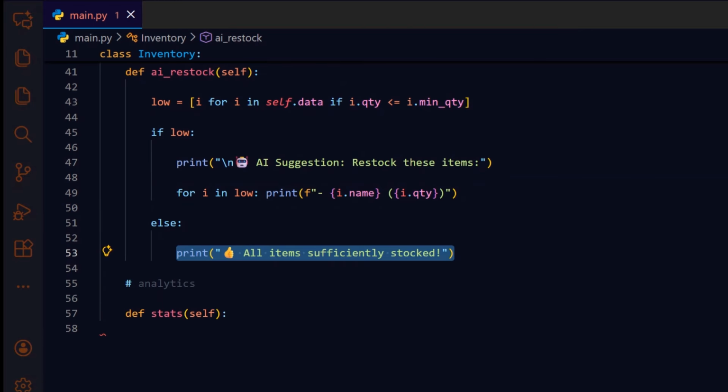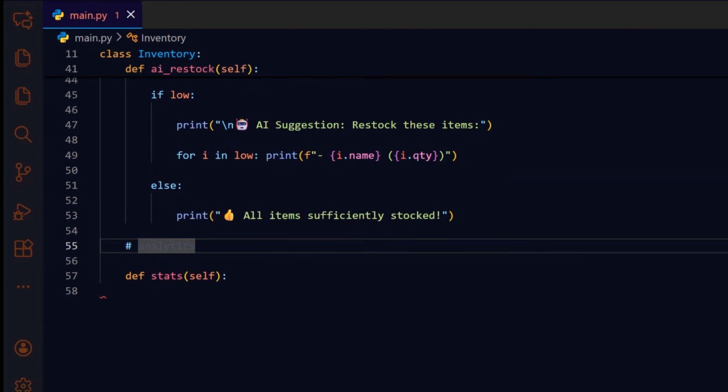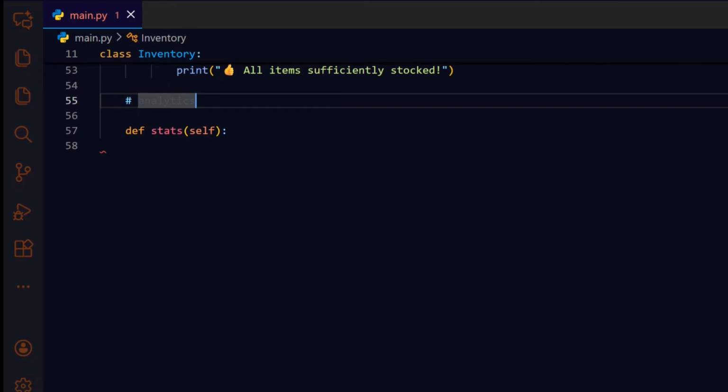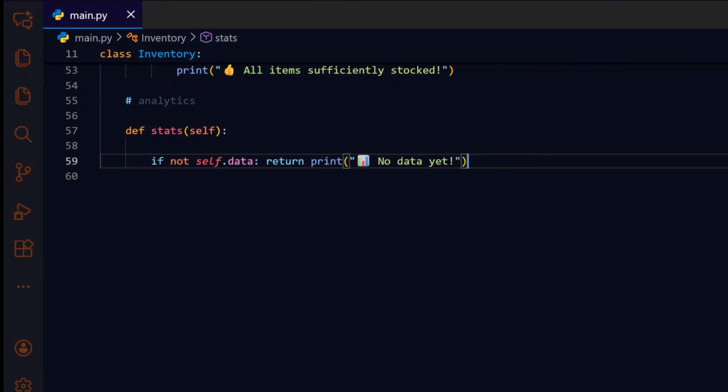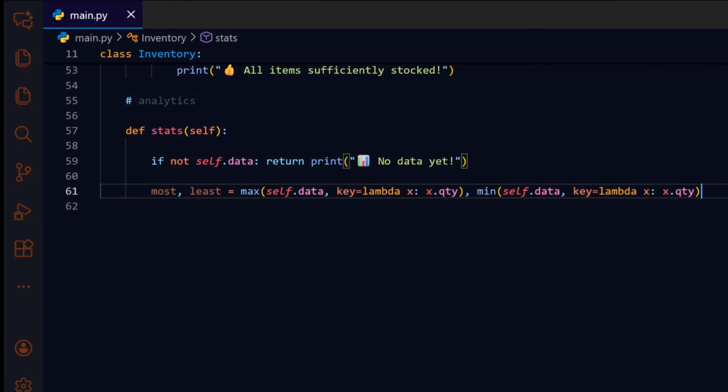Stats provides quick aggregated metrics, highest, lowest, total, so you can understand the inventory shape at a glance. If there are no items, we return early after printing a clear message. Aggregation requires at least one record to be meaningful. We use max and min with a lambda on quantity to find the items with the highest and lowest stock